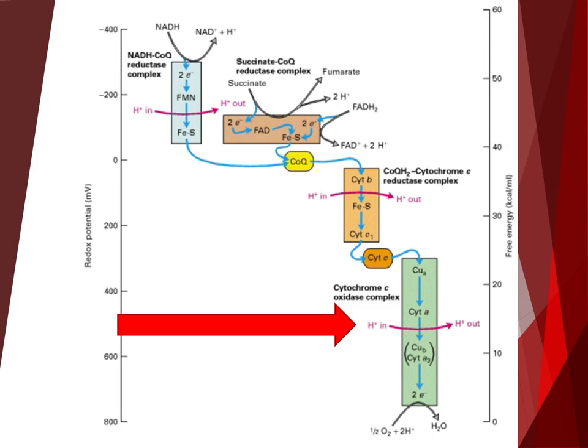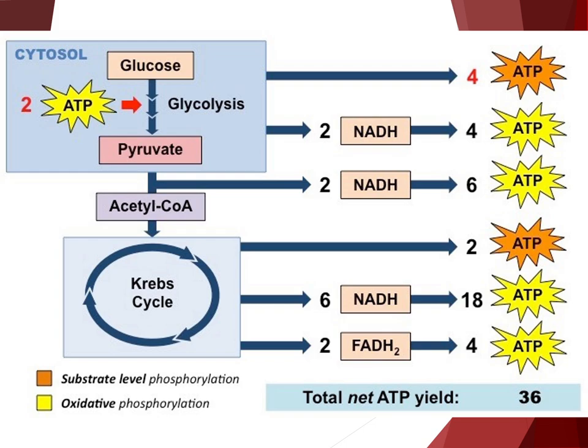The H+ ions passing through this channel cause a rotor within the channel to spin, and this spinning rotor creates the energy needed to synthesize large amounts of ATP from ADP. This spinning force is only possible due to the large H+ concentration gradient between the inner membrane space and the mitochondrial matrix. So, approximately 32 to 34 ATP molecules are produced during the electron transport chain, and a net